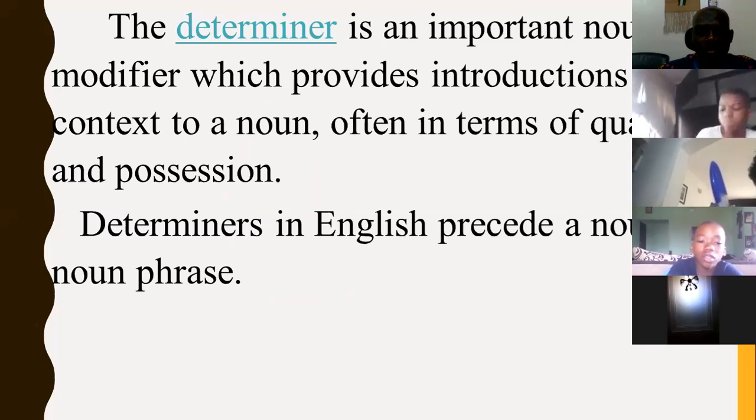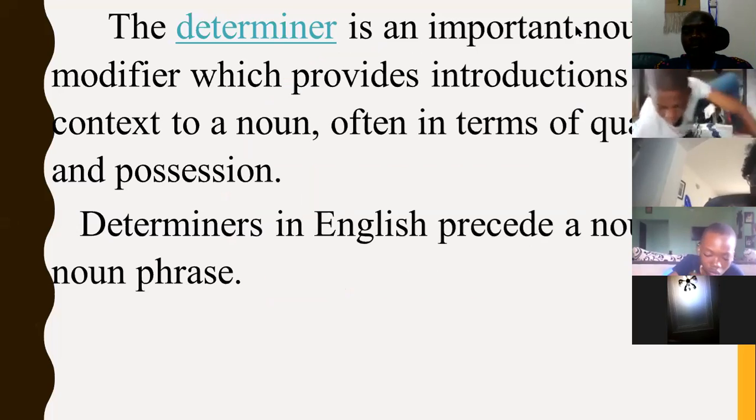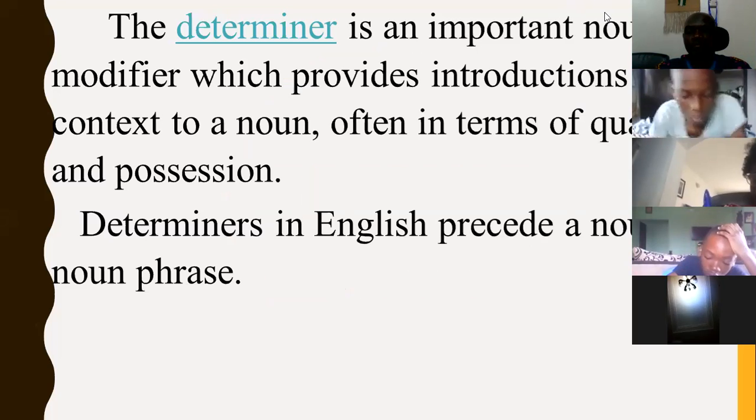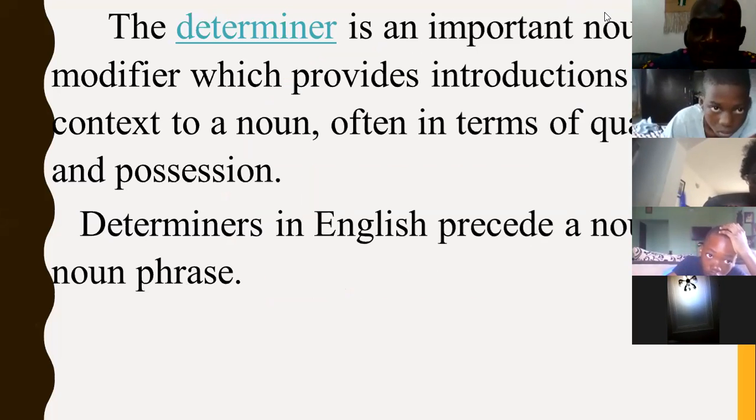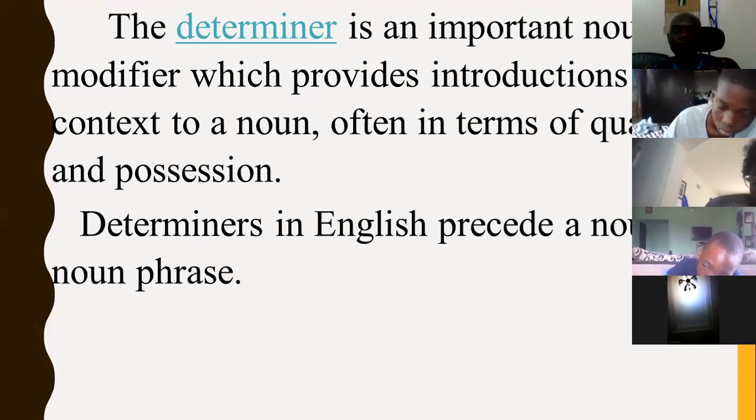Now what are determiners? Yes, the determiner is an important noun modifier which provides introductions and context to a noun, often in terms of